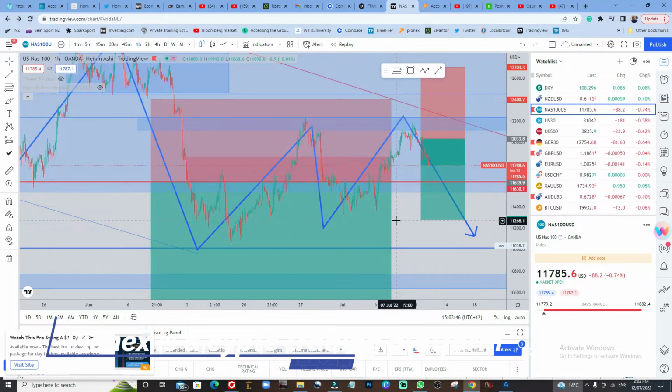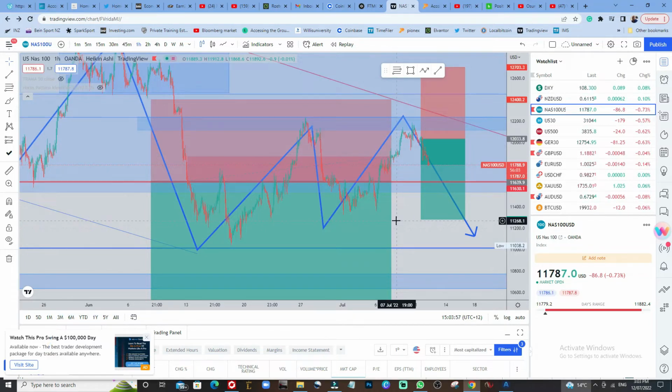I took it because I was trying to take advantage of the inversely proportional relationship between indices and the USD, such that the USD gained strength, and because of the momentum with which it picked up and continued with, I took a sell on one of the indexes, which is called NAS